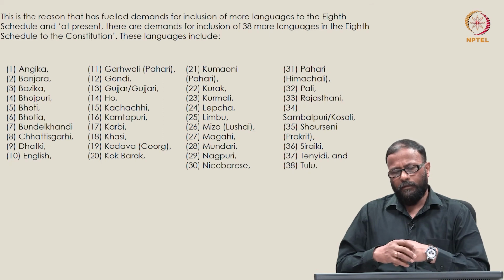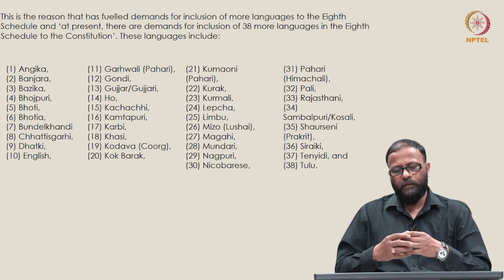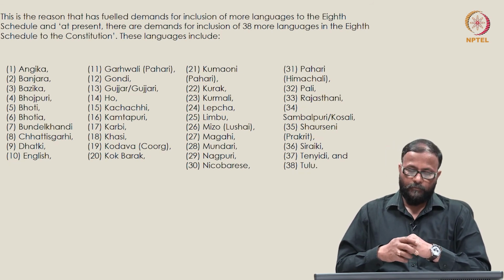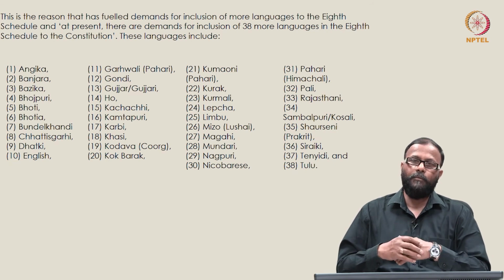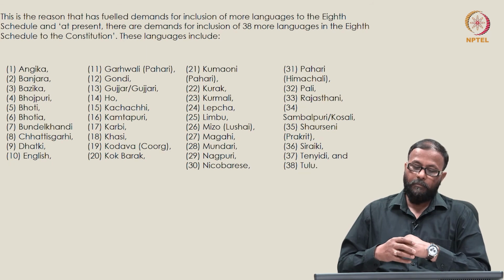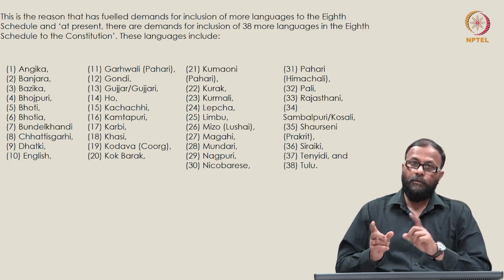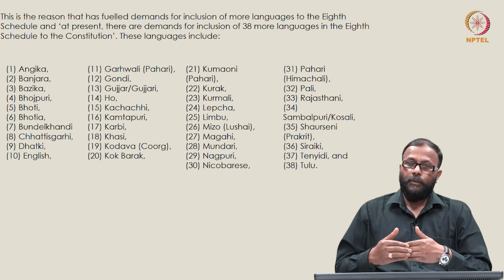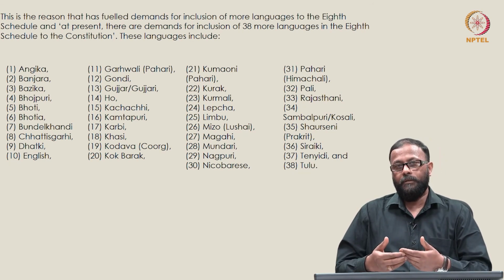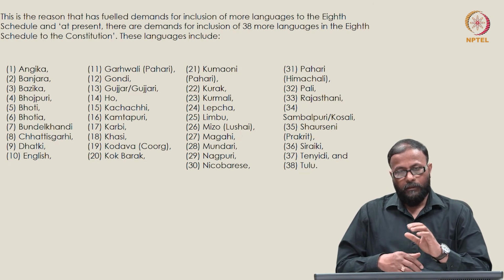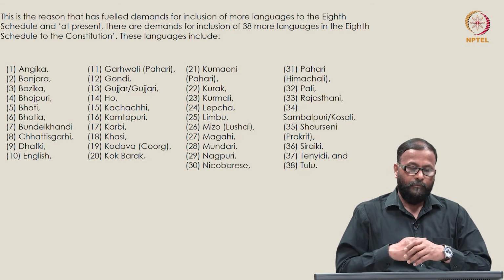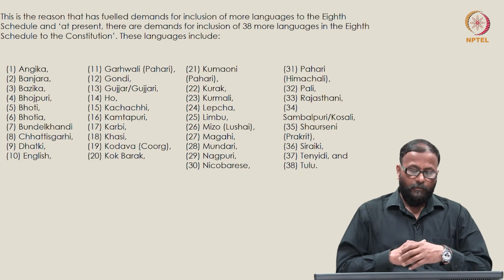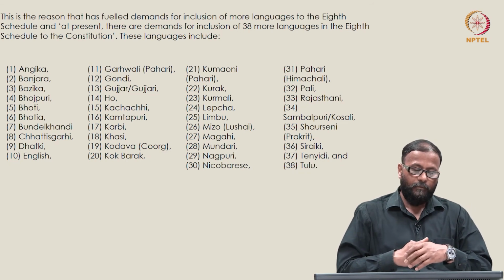And this is the reason why it has fueled demands for inclusion of more languages to the 8th schedule. And at present, if you go by the Government of India records, there are demands for inclusion of 38 more languages. So in addition to 22 languages that are already there in the 8th schedule, 38 languages are demanding to be included in the list. And these languages include Angika, spoken in parts of Bihar, Banjara, Bajika, Bhojpuri, Bhoti, Bhotia,